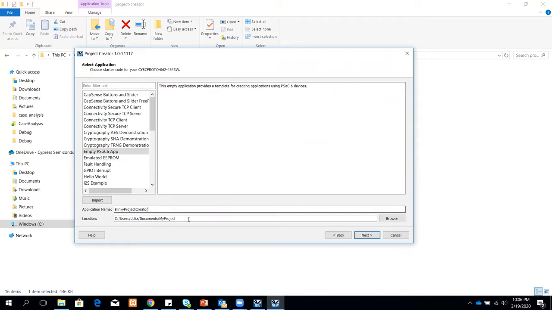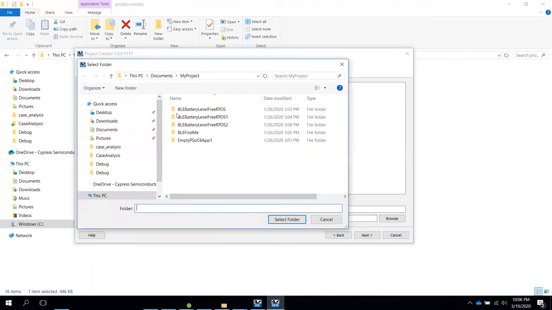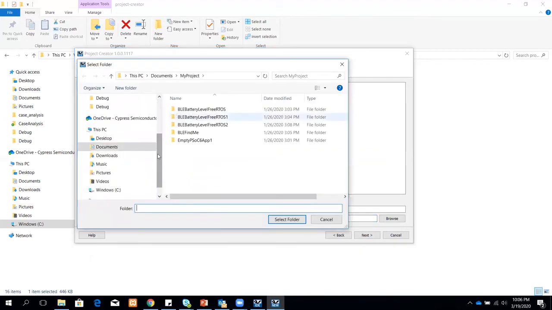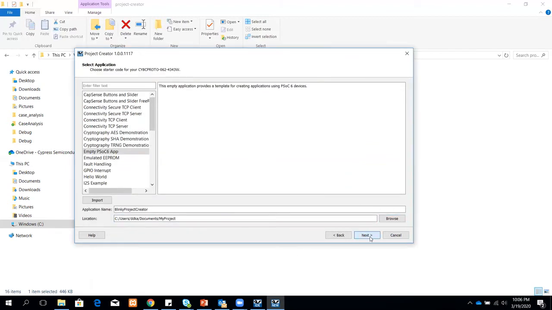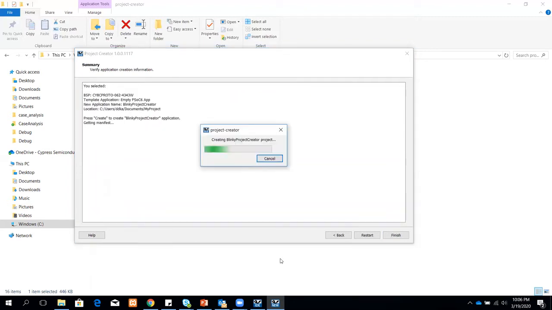And then I can tell it what directory it should be located in. All right. So I'll be putting it inside my documents directory, inside my projects, and probably choose this folder itself and then create the application.